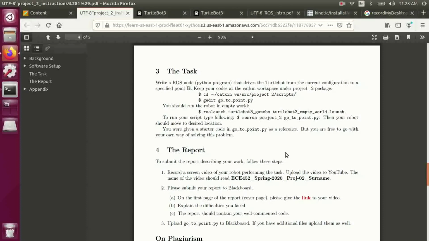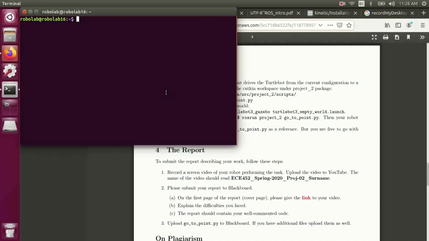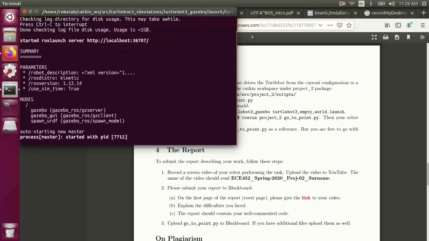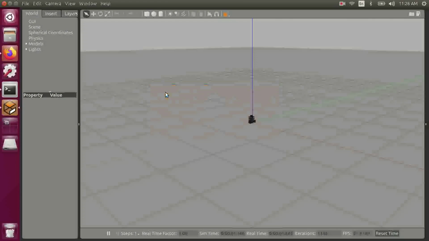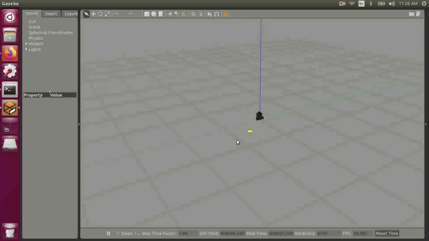The final part of this tutorial is running the task. The task for you is to program the robot to go to a specified location in the space. The environment that you'll be using is the Turtlebot empty world. To run that, simply copy and paste the command in the terminal. So you are already in the empty world with the Turtlebot,